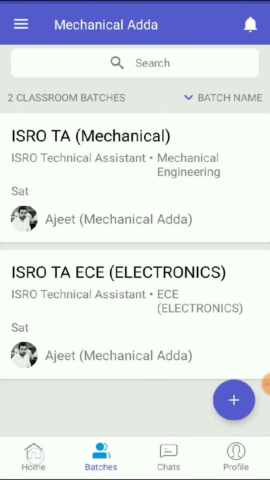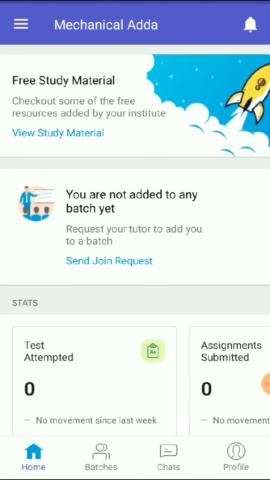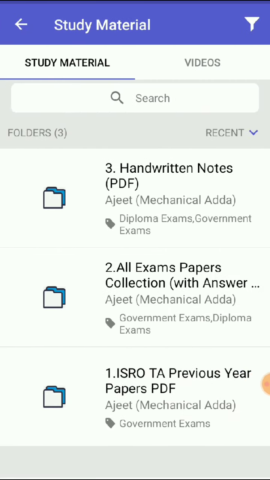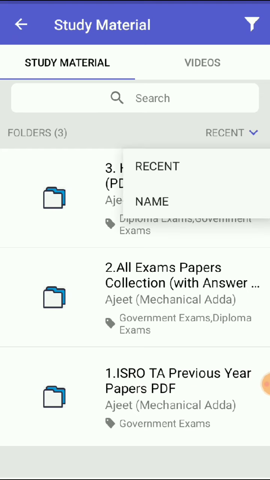The second thing is how you can download the free study material. You can click here, and on clicking you will see the folders. The first one is ISRO TA previous year papers.